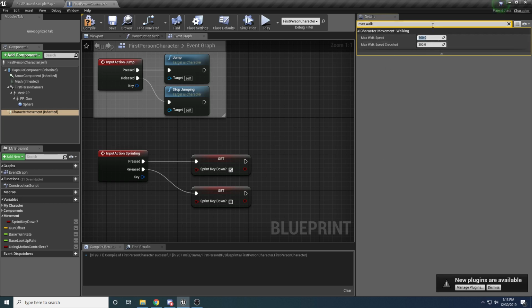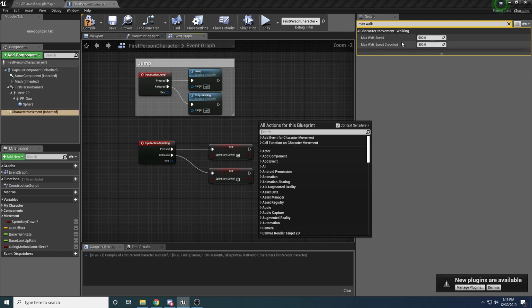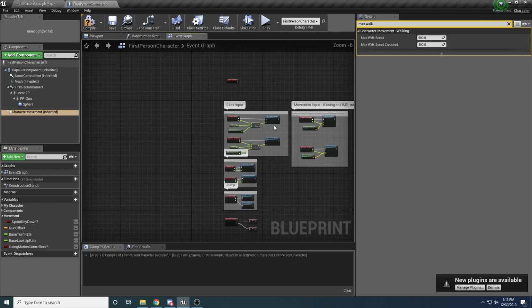And we don't want to do anything too hacky. We want to try to use this value and not totally ignore it, because this is basically the speed that you're going to walk at whenever you start moving. So ideally, when you start sprinting, we want to change this value from 600 to 900 or something, and then set it back to 600 whenever you stop sprinting. That way, if a designer or yourself comes along later and says, you know what, I want my player to walk 500 instead, it'll actually get applied here, and you won't have to remember to change it somewhere else in code. So we're going to keep this at 600, and we're going to read this value when the program starts. So come up here to begin play,